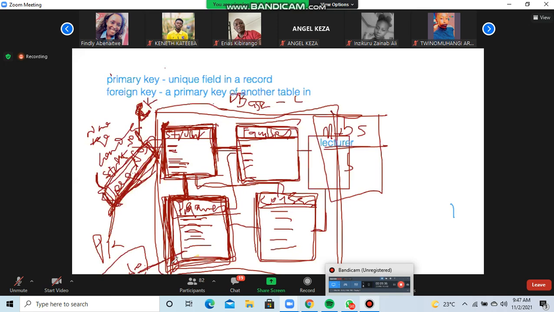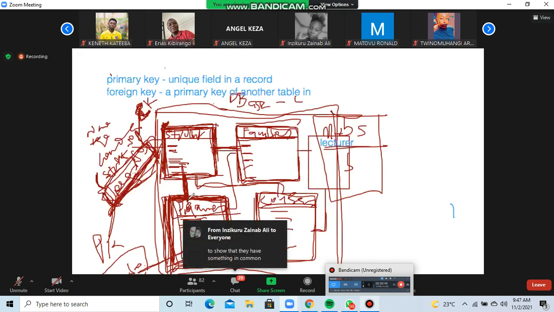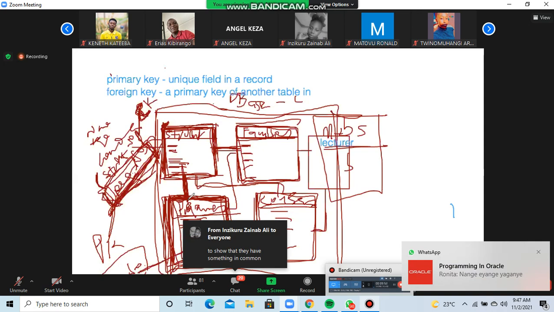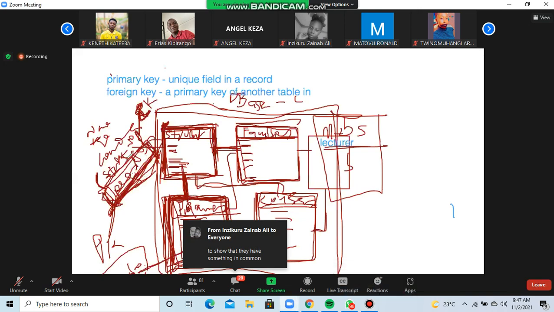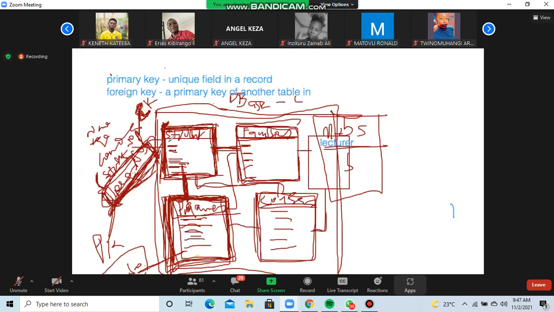Wonderful. For us to have the relationship between these two tables, we must have a related field. We must have something similar between these two tables. And what is that something similar? It is the registration number. So for us to be able to